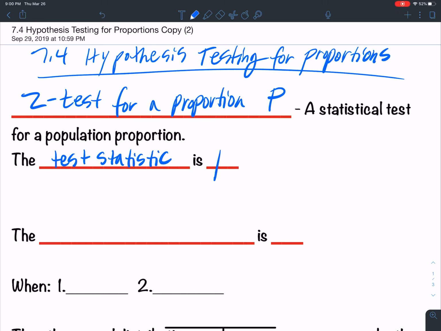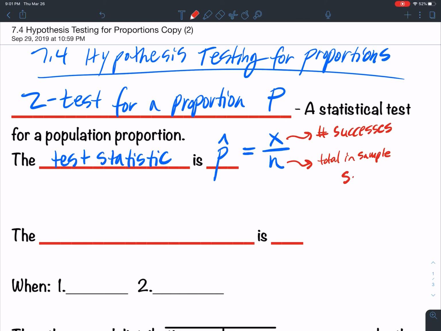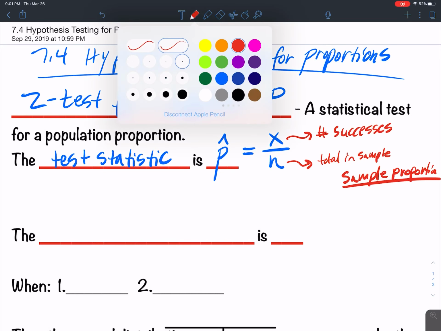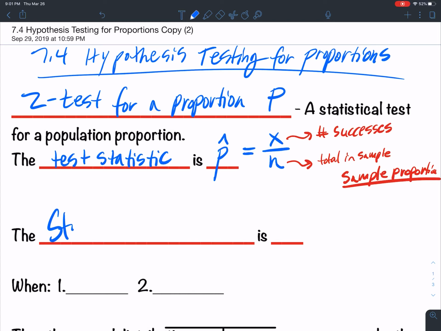is p hat. p hat is equal to x divided by n, where x is the number of successes and n is how many total in the sample, right? It's the sample proportion. This is the sample proportion. That's the test statistic. The standardized test statistic